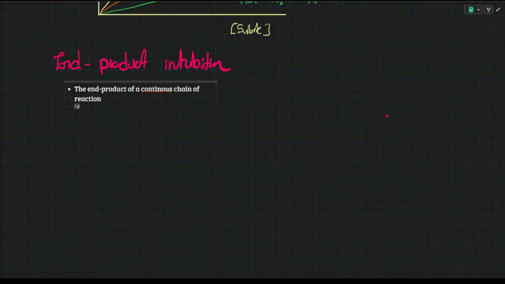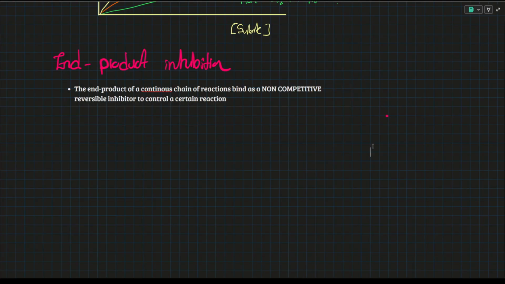So the end product of a continuous chain of reactions binds as a non-competitive, I will explain what this is all talking about, non-competitive reversible inhibitor to control a certain reaction. Okay, interesting. Let's see what that chain means. If I have the substrate that looks something like this, substrate,